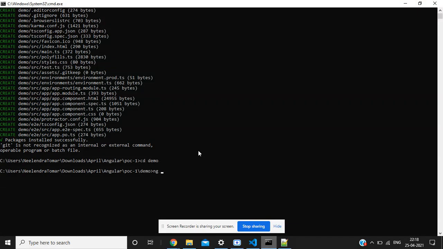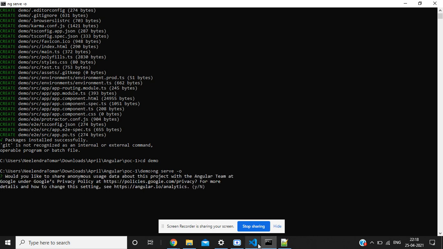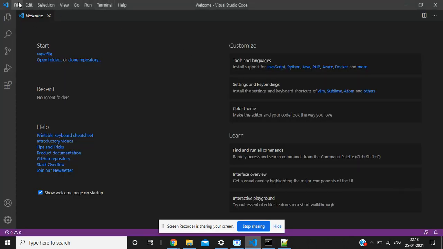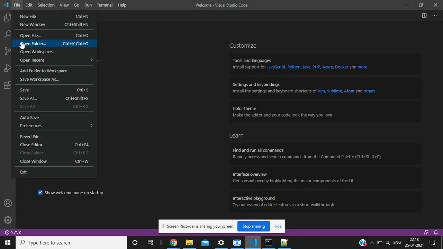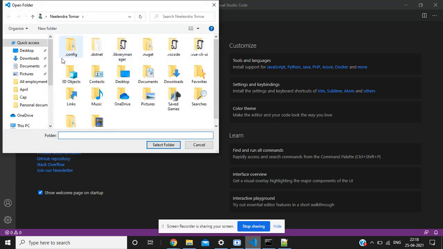Alright, let me show you quickly. Whenever you want to run the application, you have to use the command ng serve -o. The moment you use -o, it will automatically open your application in the browser. While these things work in the background, let me just